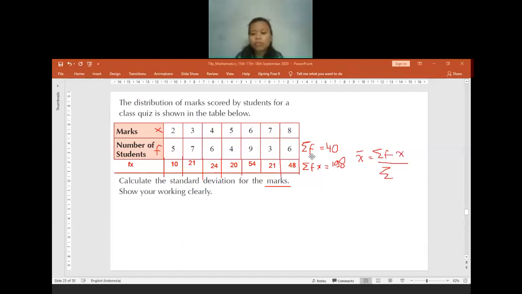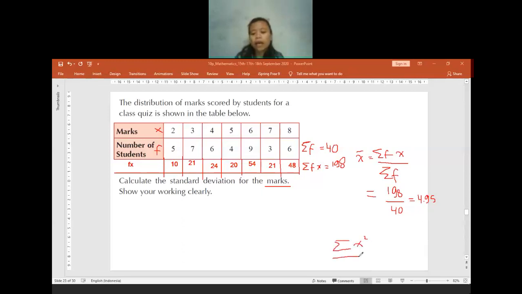Don't mind the ugly handwriting. So it will be 198 divided by 40. How many it will be? 4.95. Okay, thank you. Did you already round it off to 3 significant figure, or it is already directly get the value like that? Already like that. Okay, then now for finding the standard deviation, the formula is sigma of